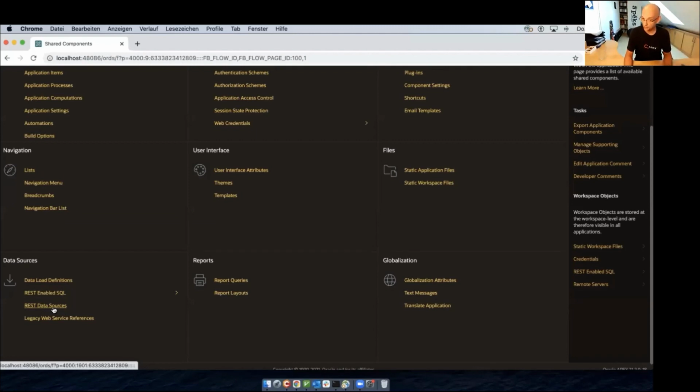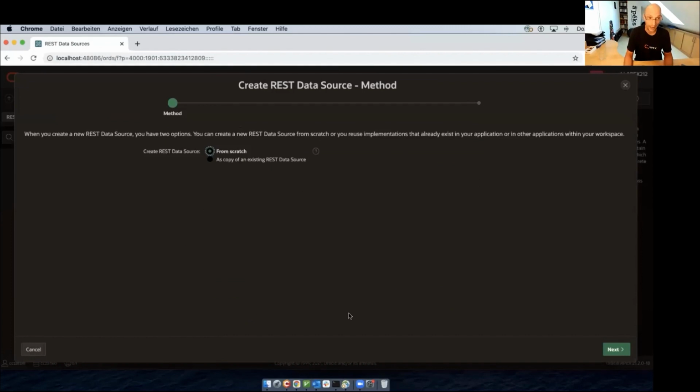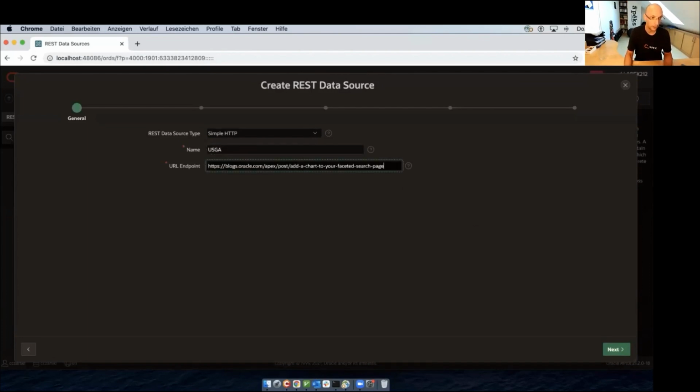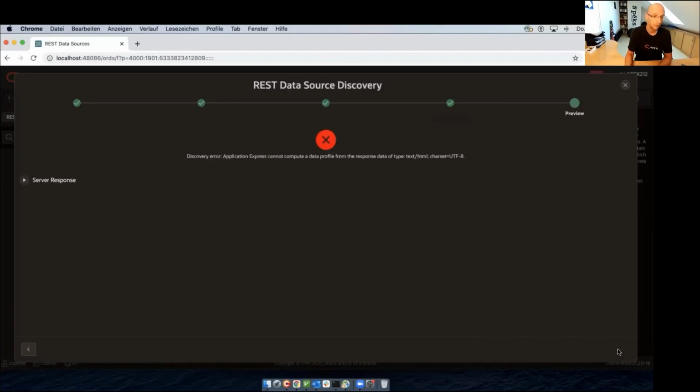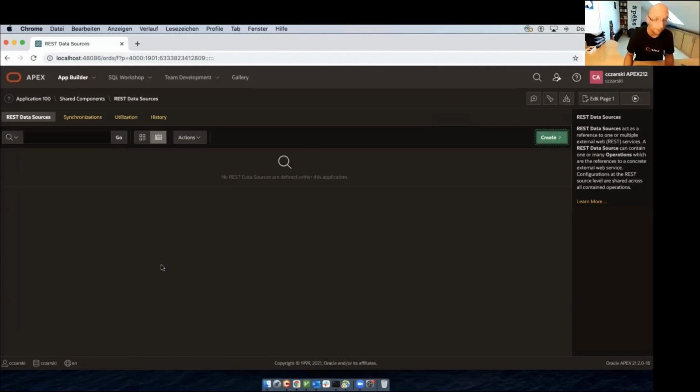So when we have a REST API to integrate, we would go to Shared Components, REST Data Sources. We would kick off the Create new REST data source wizard. We would paste in the URL, provide a name, click next. We would then see the remote server step, click next. There is no authentication for this one, click next, and we would click Discover. And then we would see the data preview, which should come in a few seconds. Okay, it doesn't work yet. Interesting. So in that case, it didn't work. But anyway,